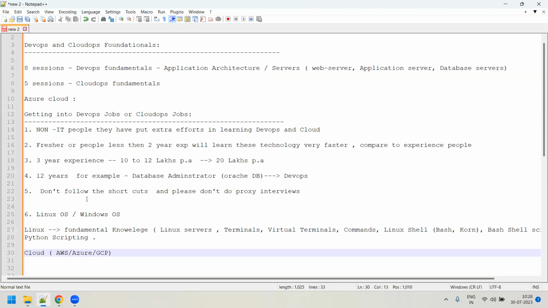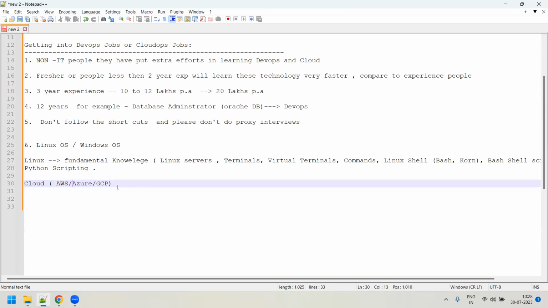Okay, so after Linux, you might say, sir, why do I have to learn cloud when I want to learn DevOps? Cloud is required because everything you are working on today, more or less, is on the cloud only. Nowadays, in every interview, people are eager to understand how good you are in cloud. If you say, sir, I know everything on DevOps, but I don't have any knowledge on AWS or Azure, they won't take you at all. And you have seen that people with very little experience in DevOps but good experience in cloud have been hired also. You have seen this, right?